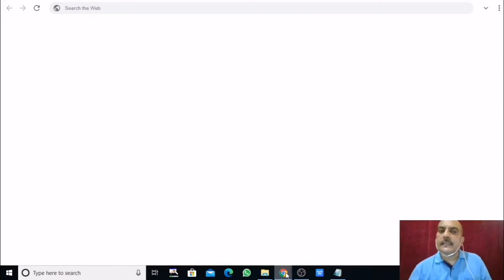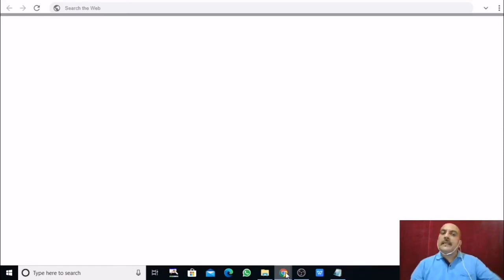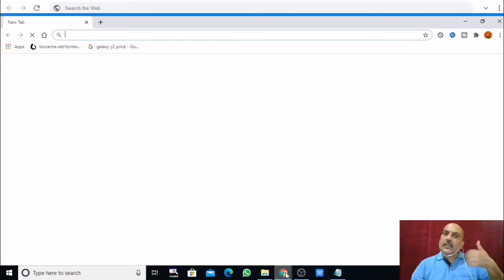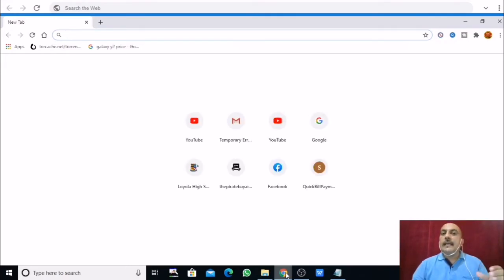An internal link is when you click on a hyperlink component, and it takes you to some other section of the same page.